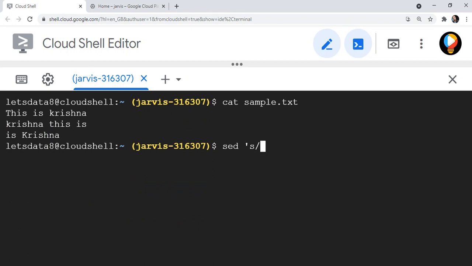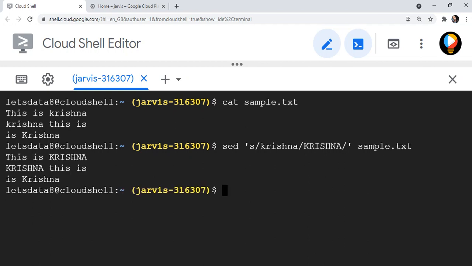Now you have to provide the actual keyword that you want to replace. So I want to replace small krishna, again slash, and now I have to provide whatever I want to replace it with. So I want to make it capital and then close quotes and then the file name. So let's see.